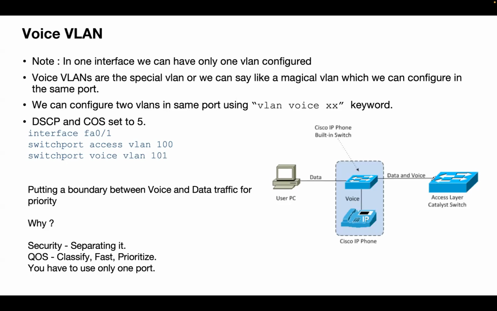Now the point here is, if you configure VLAN 10, it will become VLAN 10. If you configure VLAN 20, this will replace VLAN 10 with VLAN 20. Both won't get configured together. It will get replaced. Next, if you configure VLAN 30, VLAN 20 will get replaced. So in a single switch port, I can configure only one single VLAN. We cannot configure multiple VLANs here. Only one single VLAN. So in that case,